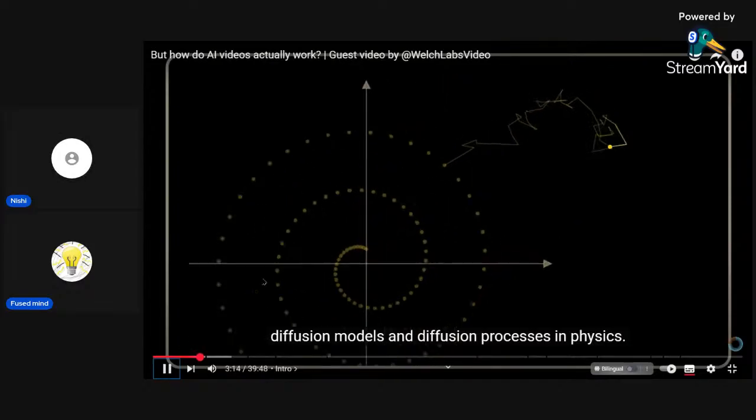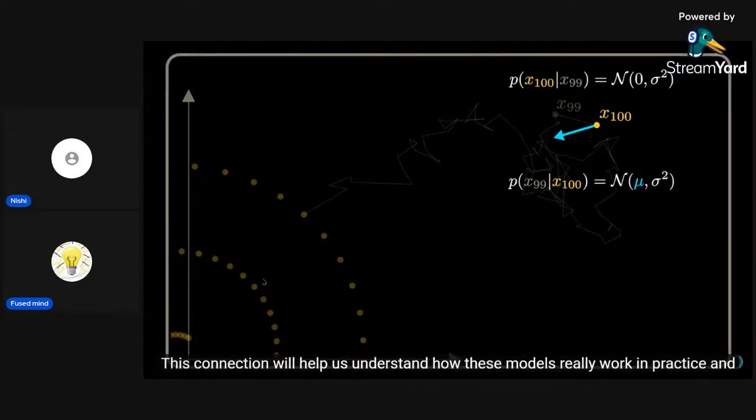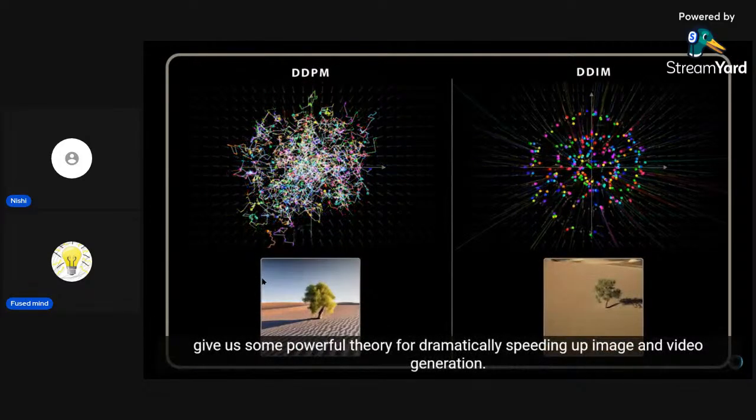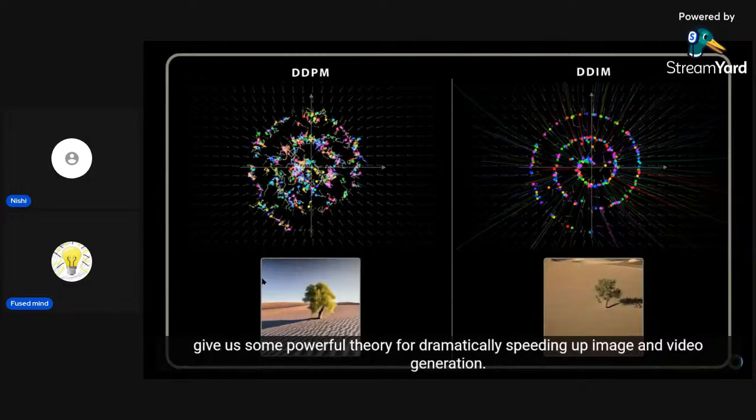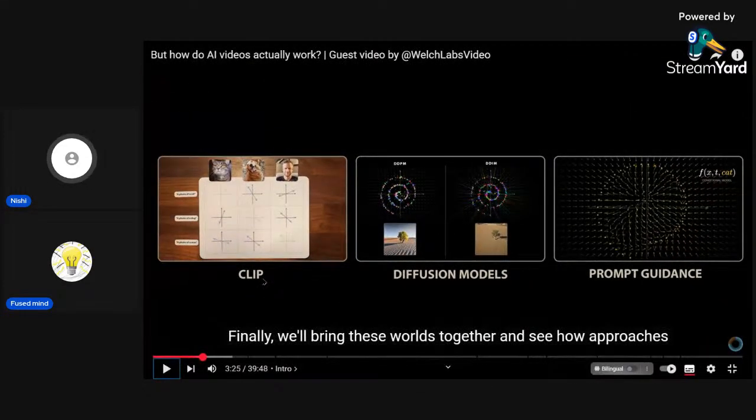Processes in physics. This connection will help us understand how these models really work in practice and give us some powerful theory for dramatically speeding up image and video generation. Finally, we'll bring